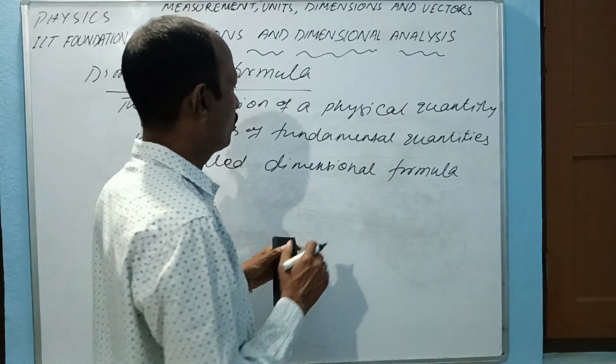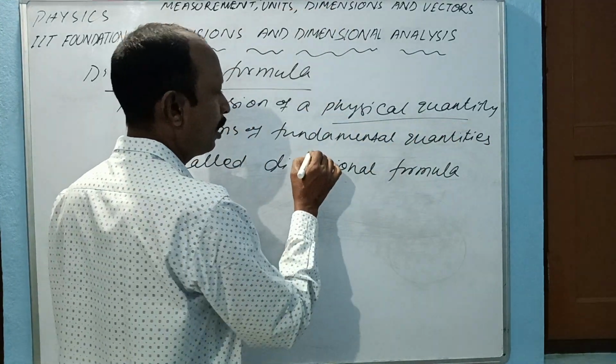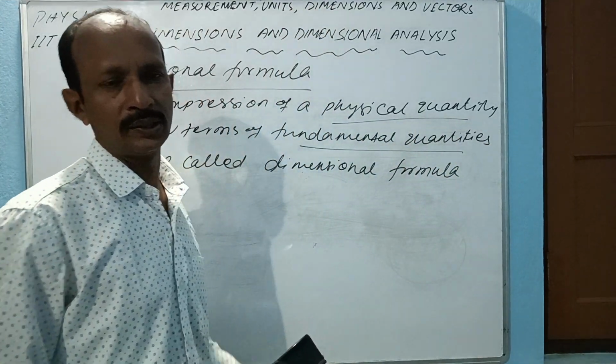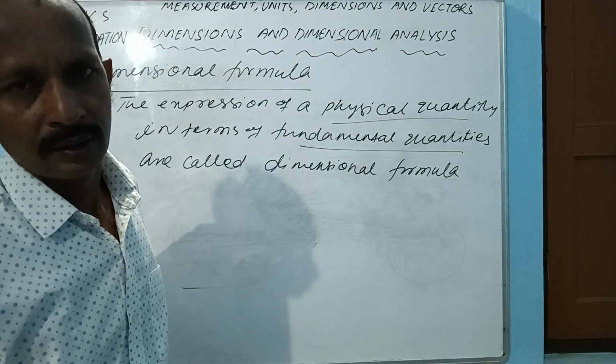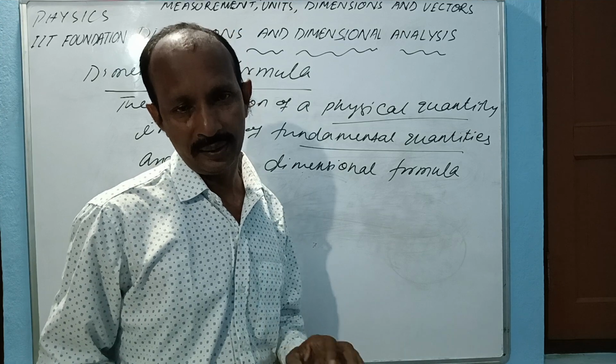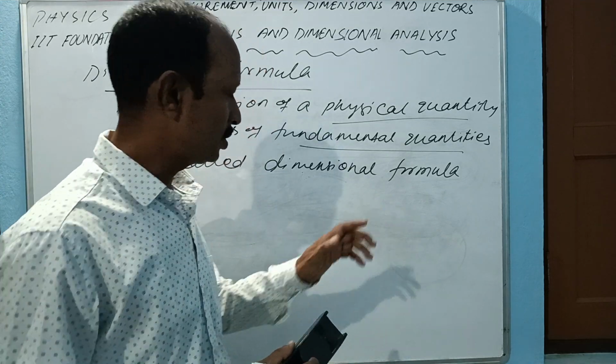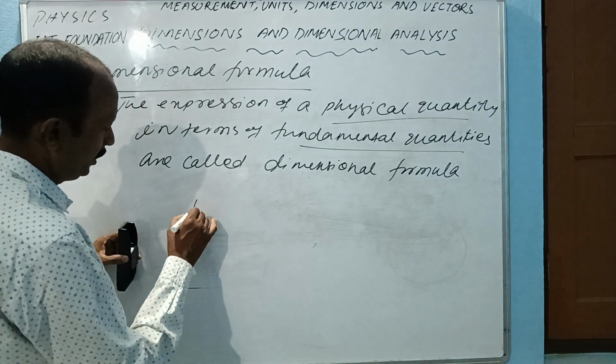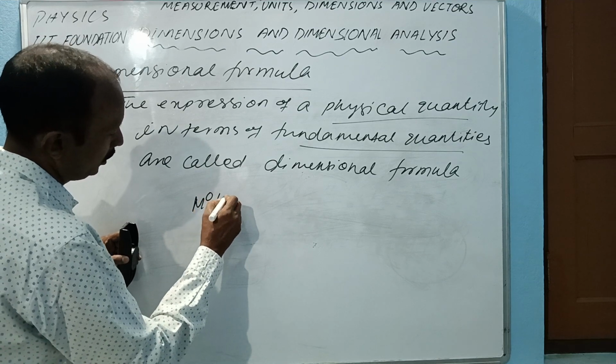Expression of a physical quantity in terms of fundamental quantities is called dimensional formula. So just I wrote that velocity M to the power 0, L to the power 1,